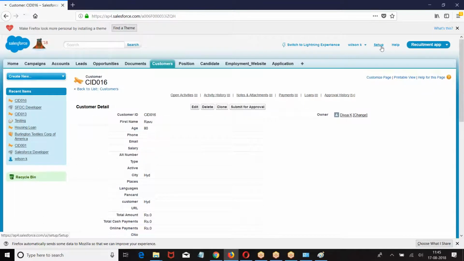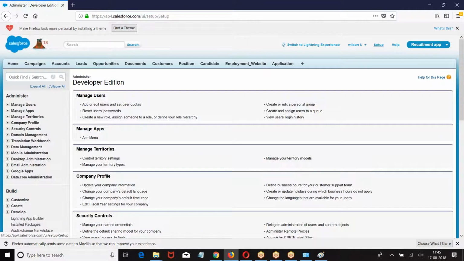Now, I told you, we can give an alert using email, and also we can give an alert through Chatter. Email we know because of the workflows you have done, but Chatter we have not done. So let me give a Chatter notification. Let us see how the Chatter notification will be given.